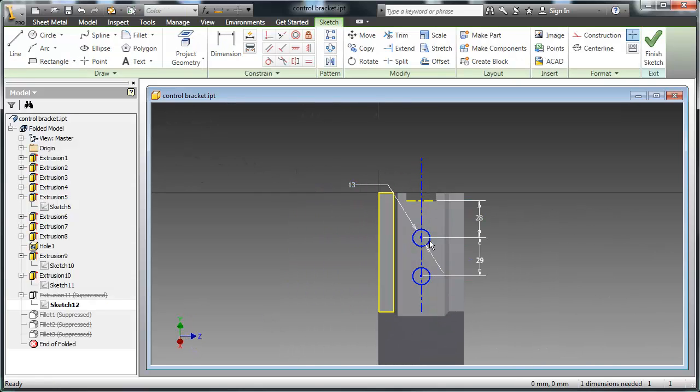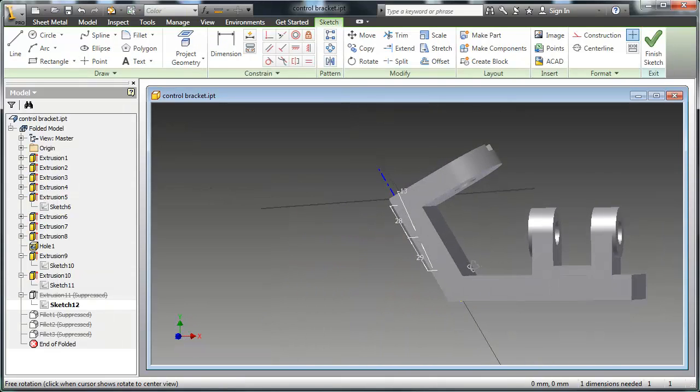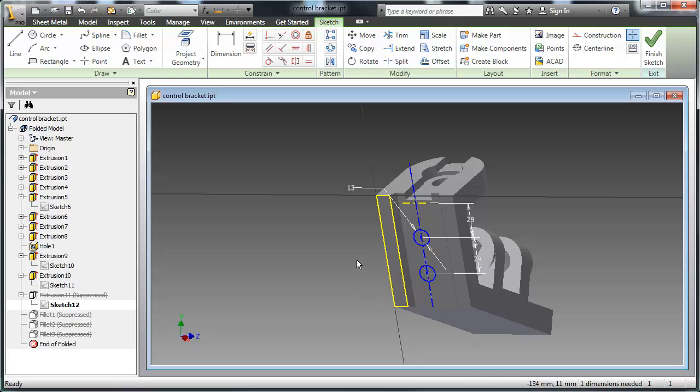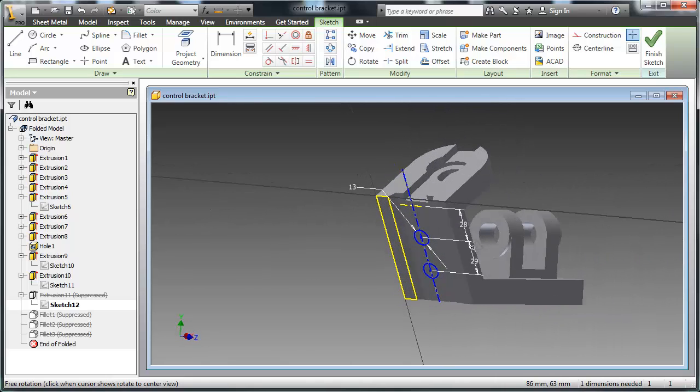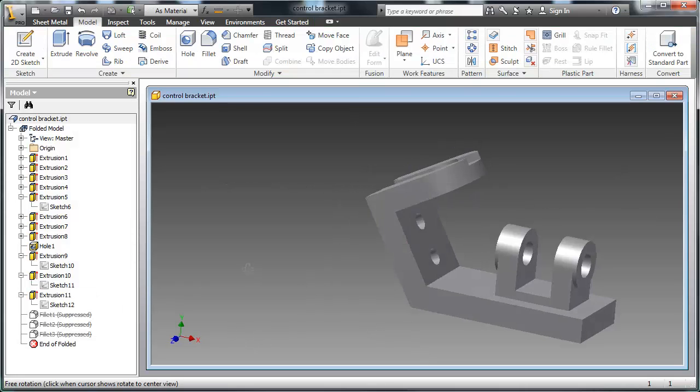Our next feature are these holes that cut through the neck of this part here. I started the sketch on this surface here. You'll notice that the sketch is hanging out in the air, which is okay. I located these parts, made sure they were connected to the center line, added the dimensions, and then extrude cut